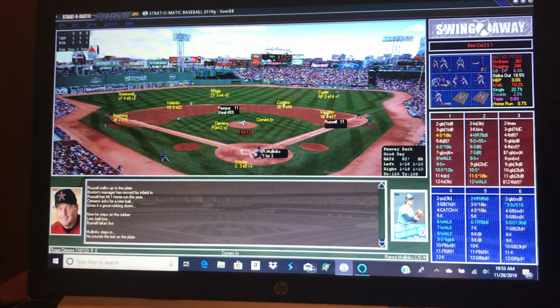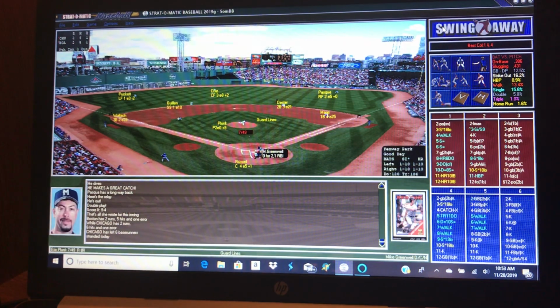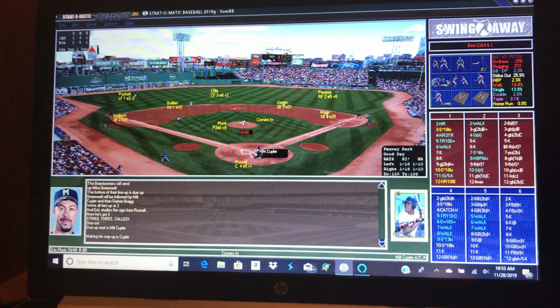And now Mullenix, man, he could get a hit and drive in. This dude could hit that year. Well, no, he's out. Ozzie Guillen. Ozzie Guillen with an out. And that's an out, double play. All right, I'm going to leave Plunk out there, even though he's a righty who's an 8R pitching against Greenwell. Strike 3. Nice.